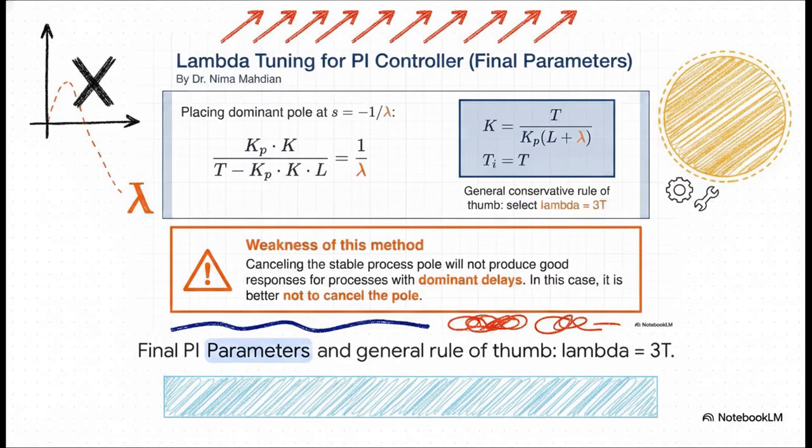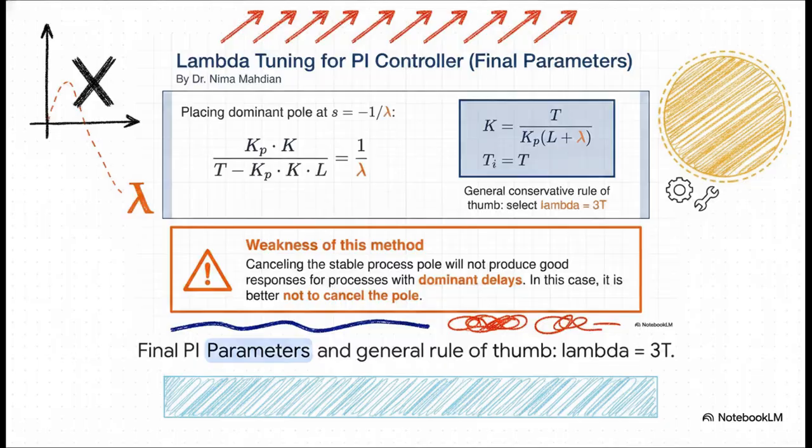And here is the payoff for all that work. By placing that dominant pole at -1 over lambda, Dr. Madian derives these incredibly clean final PI parameters. Your integral time simply equals the process time constant. But check out the general conservative rule of thumb here. This is pure gold for field engineers. You basically just select your lambda value to be 3 times your process time constant. That is a super practical takeaway you can use